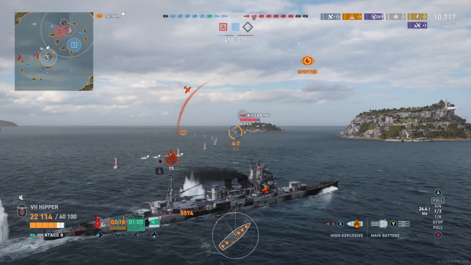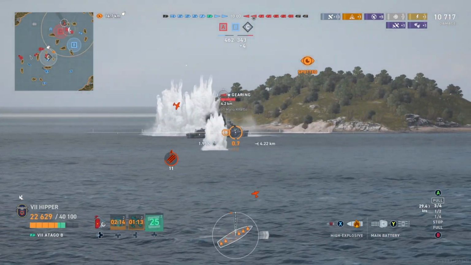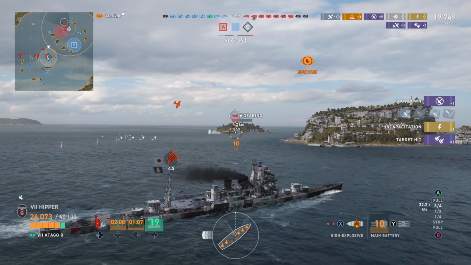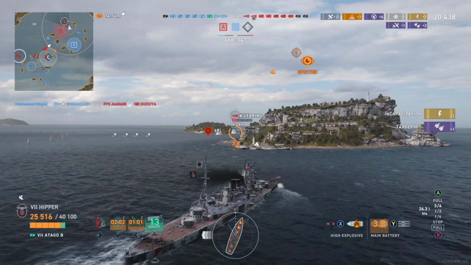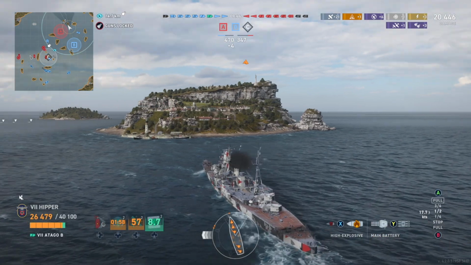So at this time I just decide to take those carrier torps, because I want to get a full broadside on this Gearing here. Hopefully I can remove him by taking those 2 torps, but unfortunately he just survives, which is, I mean, come on. Atago has a 15-second reload, and if you can't take out a destroyer with an alpha salvo like that,